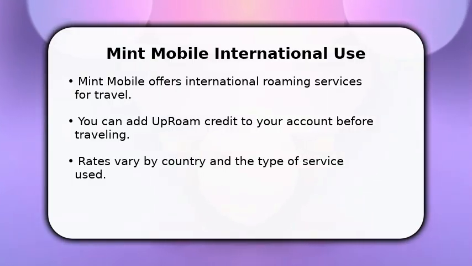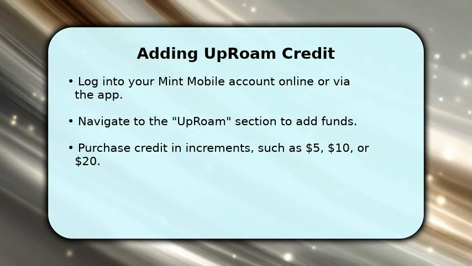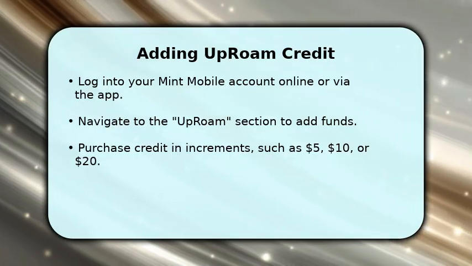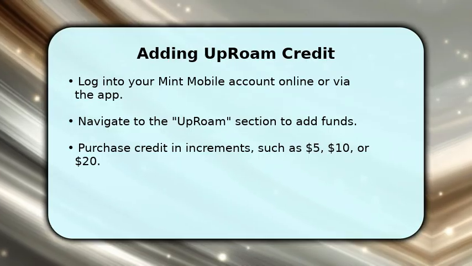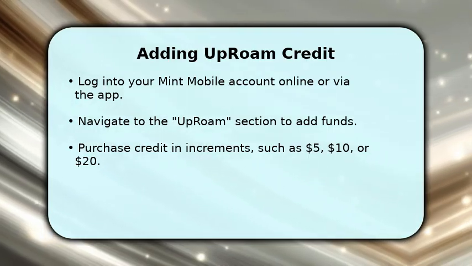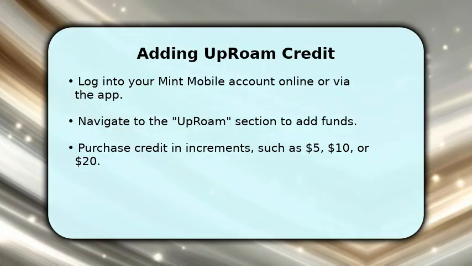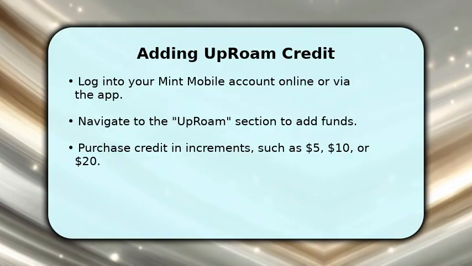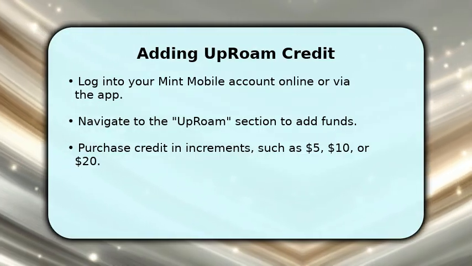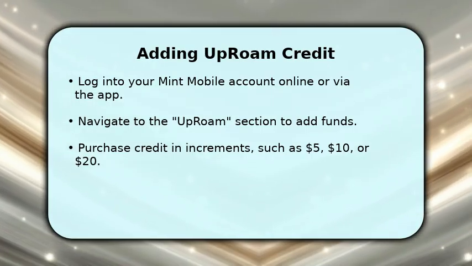those rates beforehand. Adding Up Roam credit is straightforward. Simply log into your Mint Mobile account, either through their website or the mobile app. Look for the Up Roam section, where you can easily add funds. You can typically purchase credit in convenient increments like $5, $10, or $20. Your Up Roam balance will then be used for all your international calls, texts, and data, so keep an eye